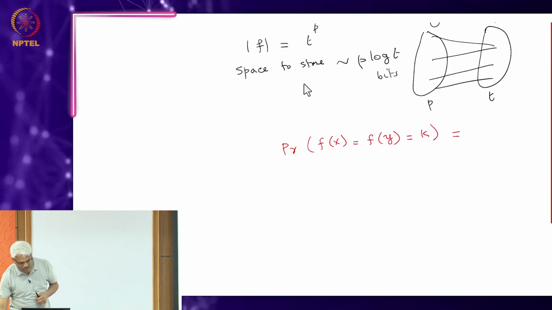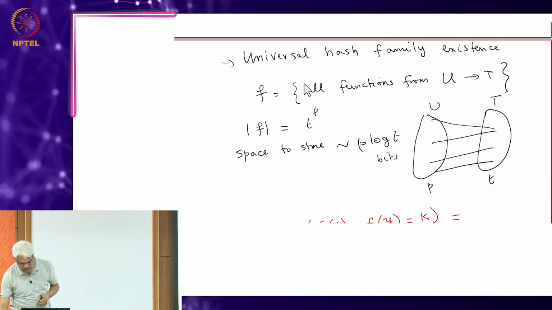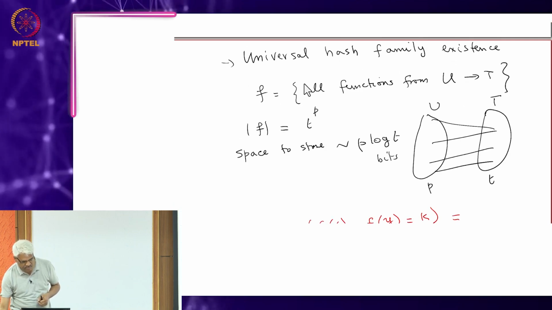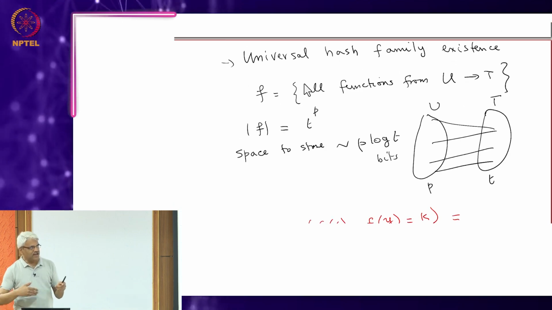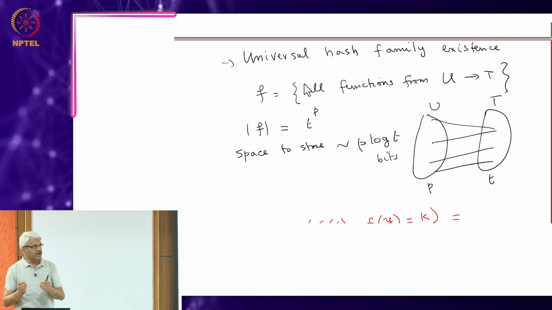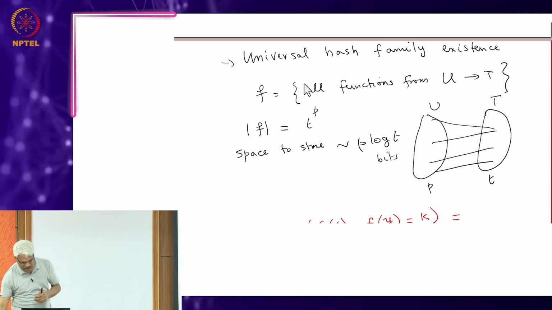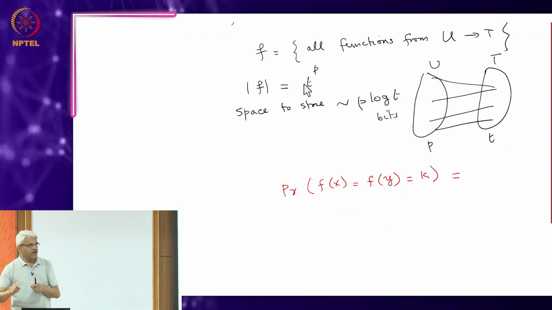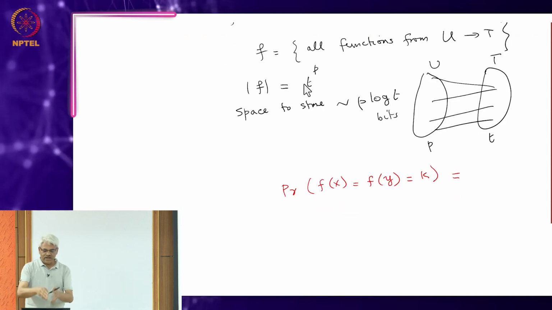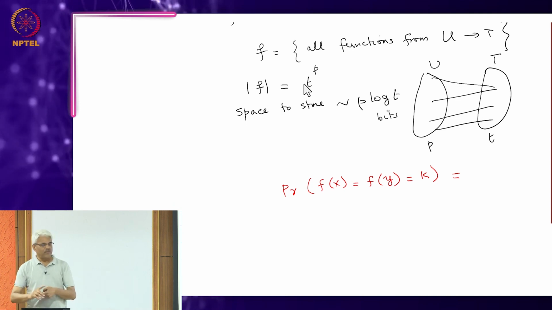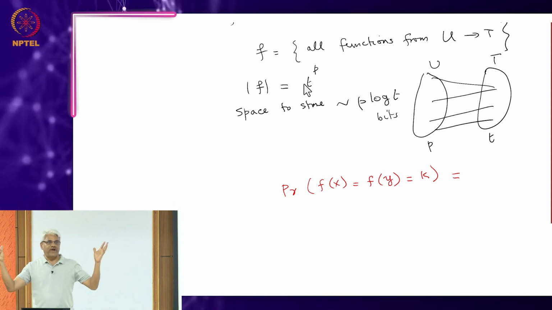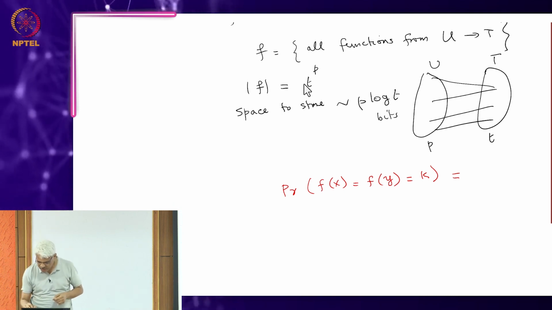We are talking about all functions. So, f of x has how many choices? If you pick a random function, it has t choices. So, it is going to map to k with probability 1 over t. Similarly, f of y is going to map to k with probability 1 over t, and these are all independent. Okay. So, it is going to be 1 over t squared,